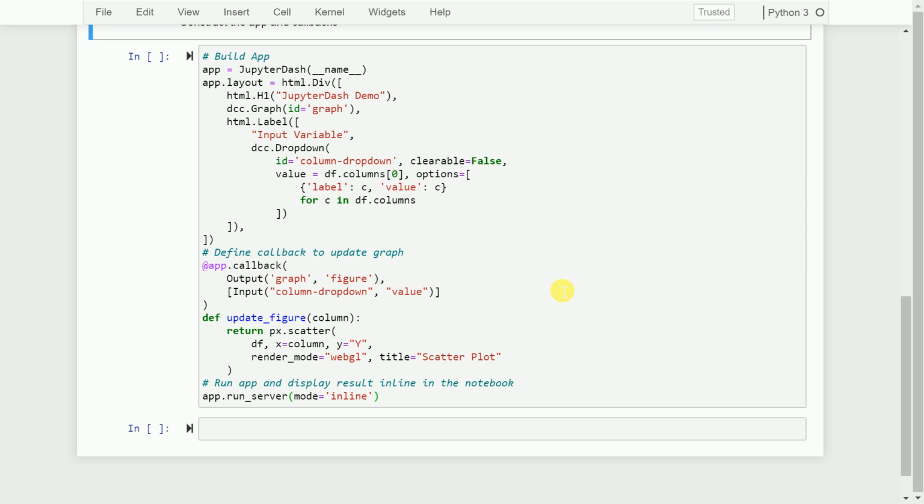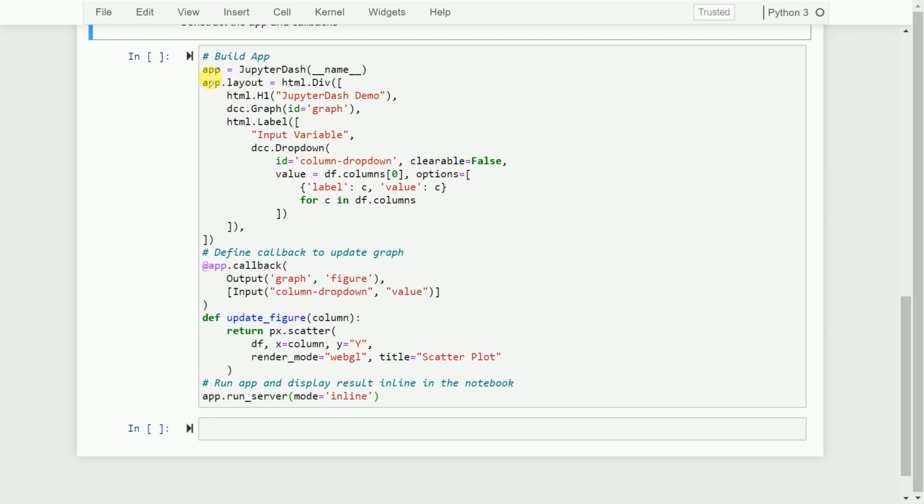Now, one basic analysis that we do for every regression problem is to find out if a feature is correlated with the target variable or not. Rather than running a loop and checking if the x1 feature is related to y, x2 feature is related to y, and so on and so forth, I want to ease out the entire process by creating a dynamic graph or a dynamic web application which can help me visualize the different relationships between features and the target variable. Keeping this objective in mind is what I've designed the Jupyter Dash application.